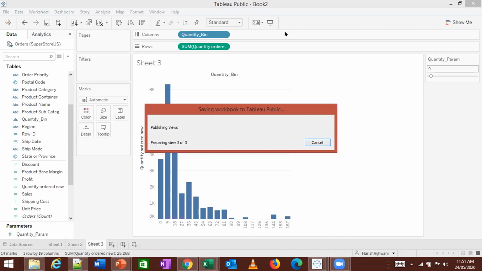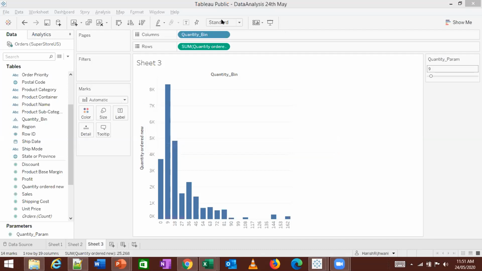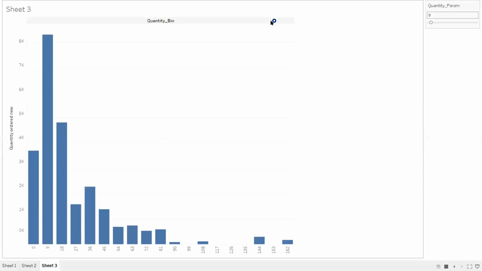So if we want to save our dashboard in a PDF format or JPG, is it simple like we do in Word or everything, or is it a bit different in Tableau? No, actually in the desktop version, you'll have better options, not in this version.